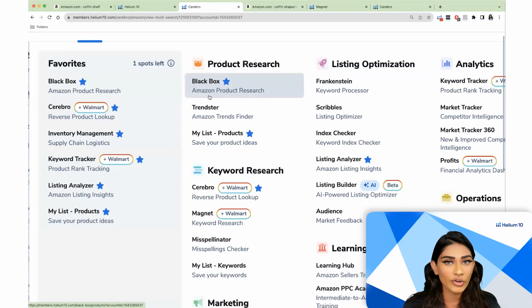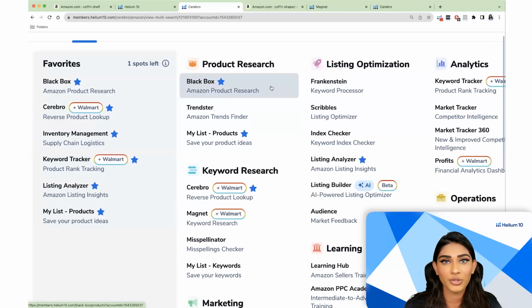It processes over 2 billion data points daily, which is of course way more than what you and I can handle individually. And so this is a great way to find products quickly based off the parameters you have in mind. Maybe you have a certain category you want to sell in. Maybe you have a certain parameter of monthly sales you want to make sure that your competitors are selling. It's a great way to find established competitors, established products that you can then go in, enhance, and generate sales or hijack sales from those sellers that are already on the market in, of course, a friendly way. So yes, Blackbox is one of those tools.